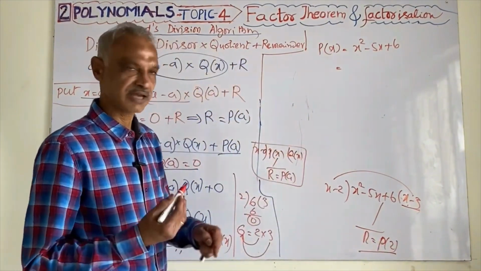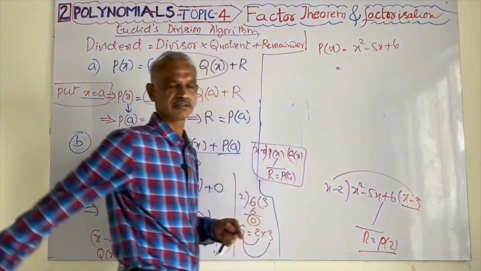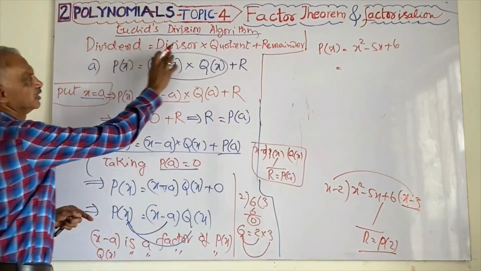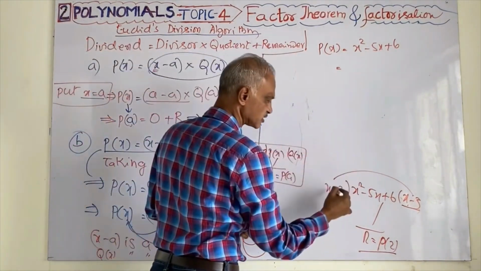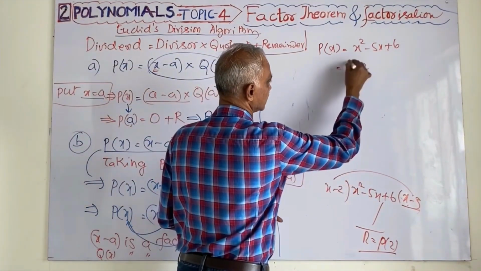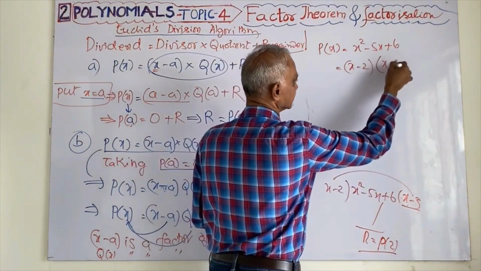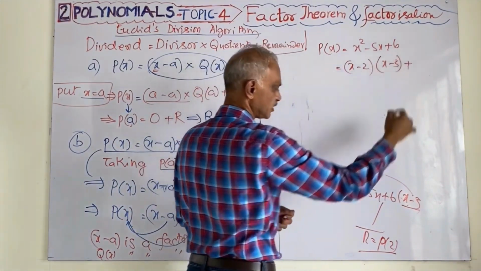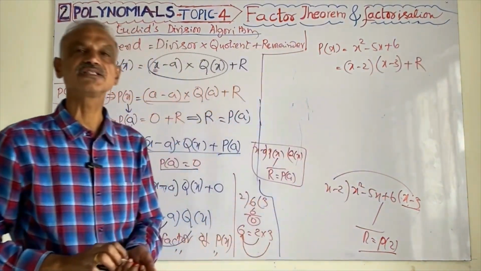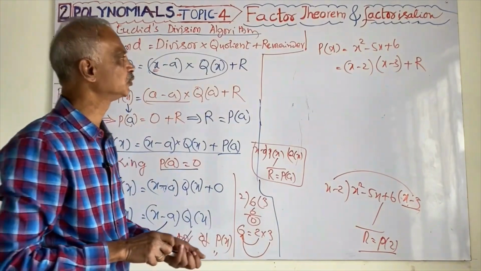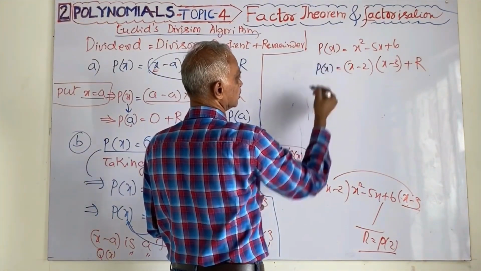How? I will explain. See, you know, this is dividend. Dividend is equal to divisor into quotient plus remainder. What is divisor here? x minus 2 is the divisor. And what is the quotient here? x minus 3, plus what is the remainder? Remainder we have to find. It is in the form of P of 2. See, P of x is equal to